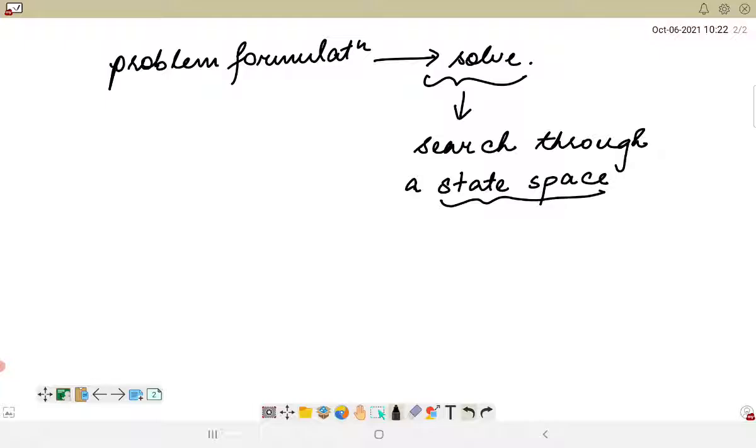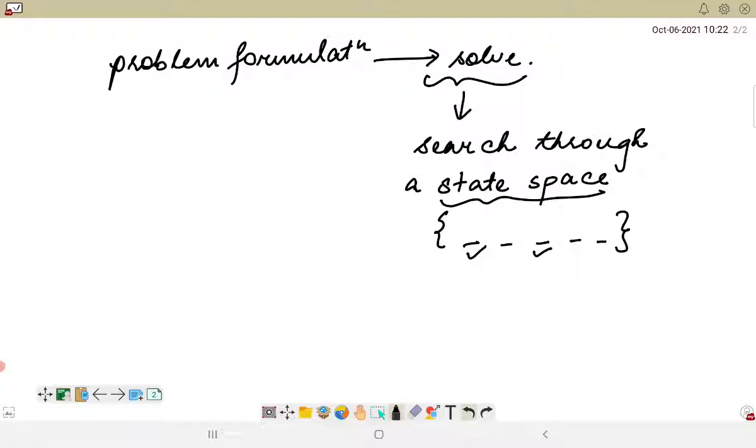We will look into this with a certain example, of course, but we have to understand that we have a set of different states here, and which particular states would be used in order to arrive at the solution basically depends upon the type of algorithm or the type of strategy that we use.